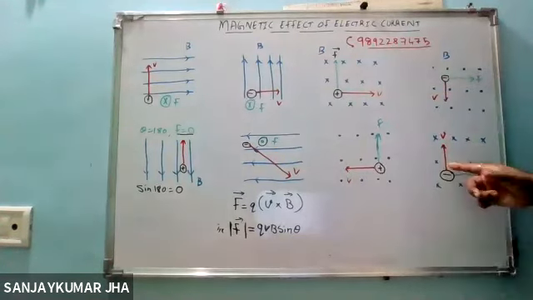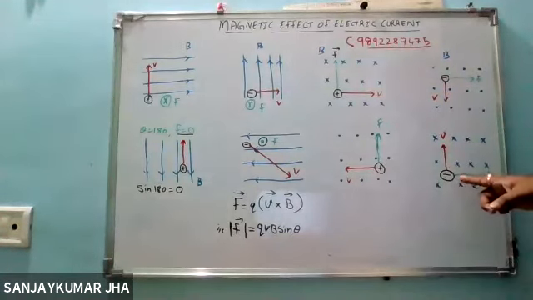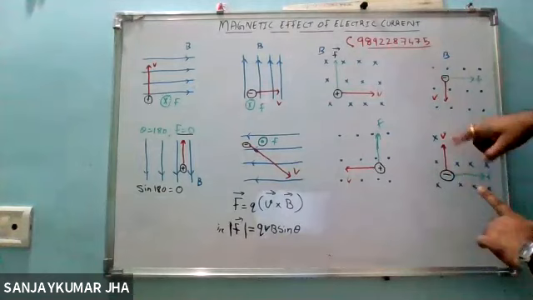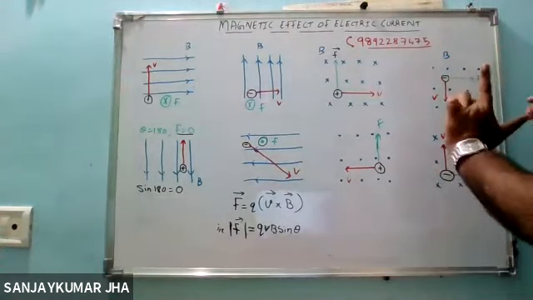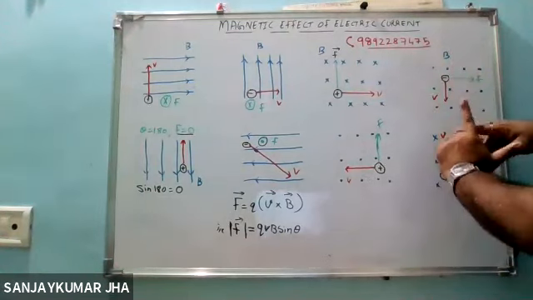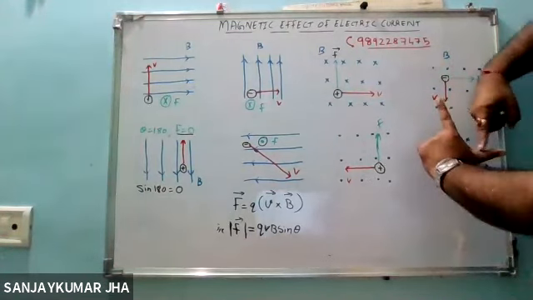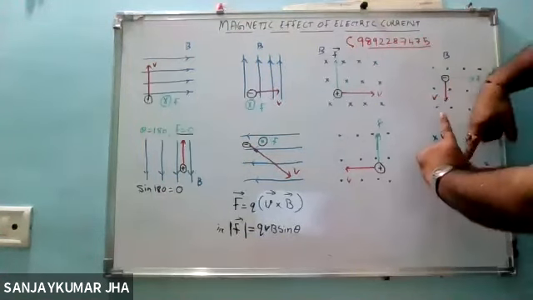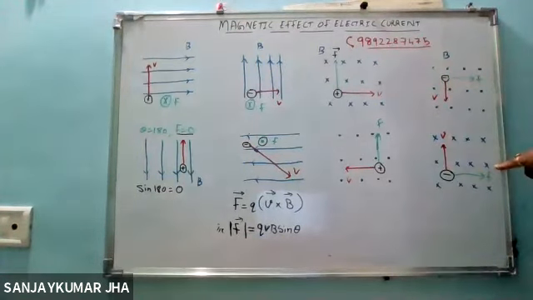And of course the last one, negative charge. Negative charge means of course what we will be using? We will be using the left hand. So left hand, so cross is the direction for the magnetic field in the inward direction. V is the velocity. Cross is the magnetic field, in the inward direction. See the thumb is towards this particular side, the horizontal positive x-axis. So this is the direction for the force acting.